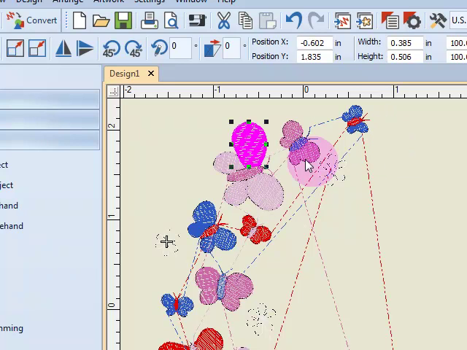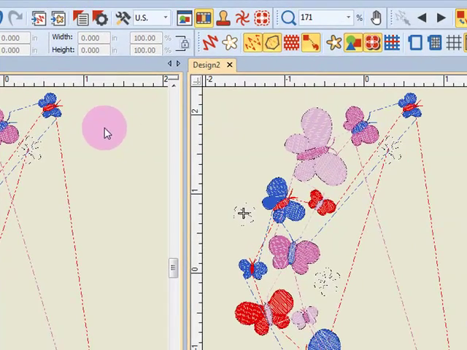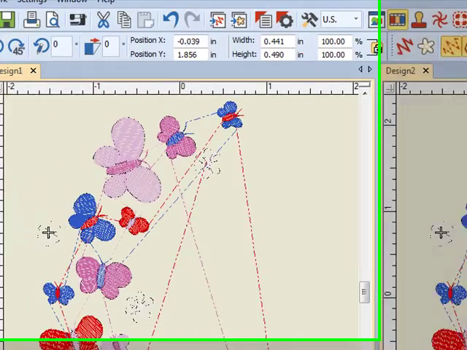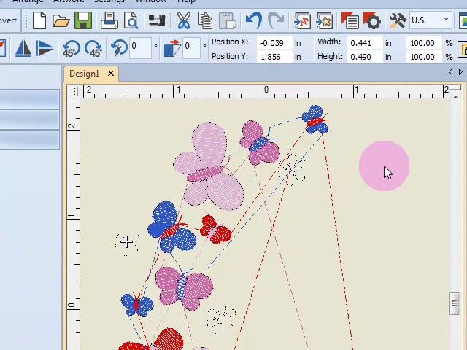To deselect an object, just click outside these black boxes and the object will be deselected. You can also drag a bounding box around an object to select it. So I can click and drag, and when I release my mouse, everything within that bounding box will be selected. You can do the same in a grouped design, but you'll have to hold down the Alt key to select